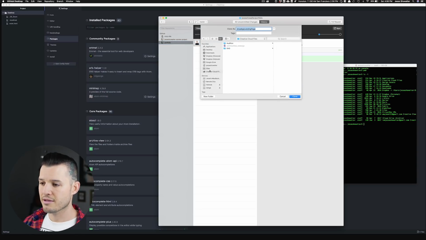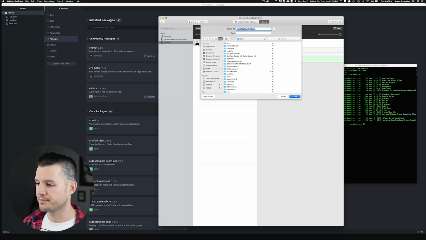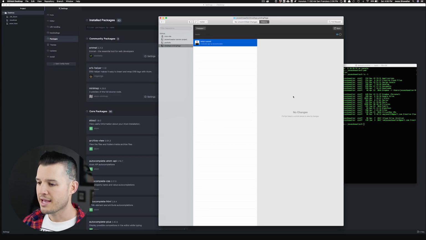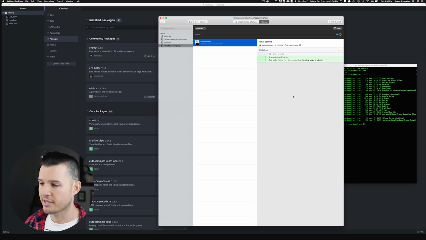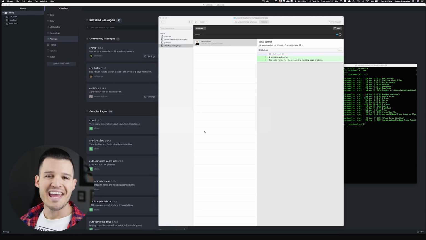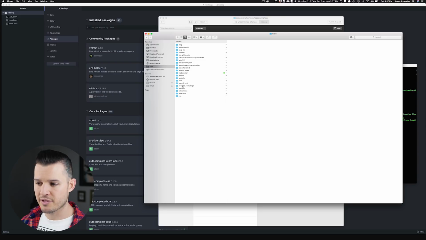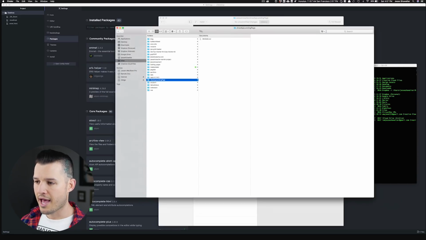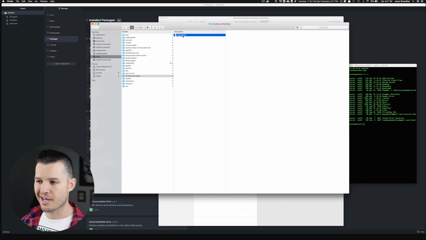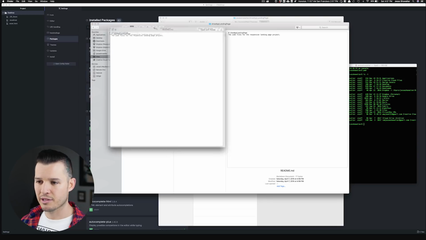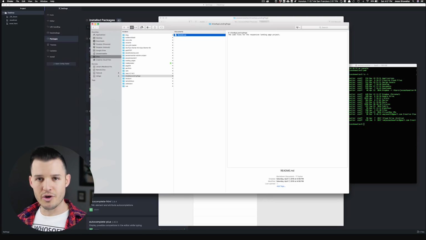I have a sites directory on my machine that I'm just going to clone Shoe App landing page into. So there that is. It's going to do that work really quick because there's like one file that weighs nothing at all. And now that repo has been cloned and is sitting on my local machine. If I open up a new Finder window and navigate to that sites directory, you can see I have this brand new folder called Shoe App Landing Page. And inside of Shoe App Landing Page, it just has that little markdown file. Okay, great. So we are ready.